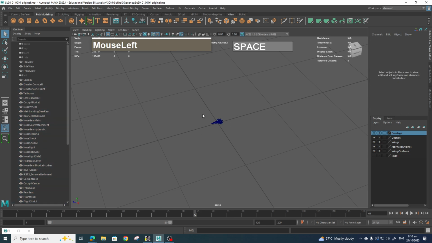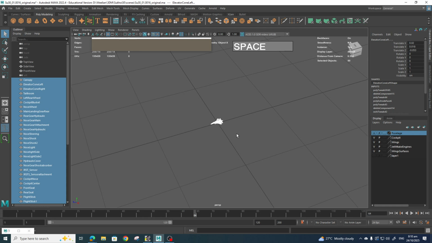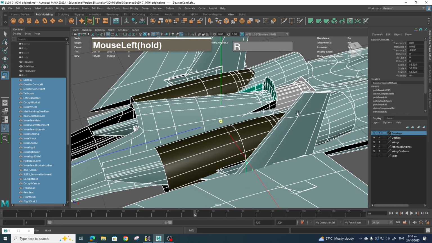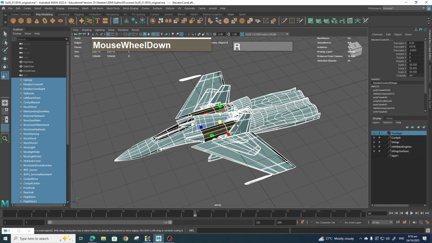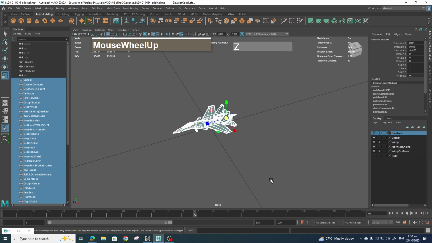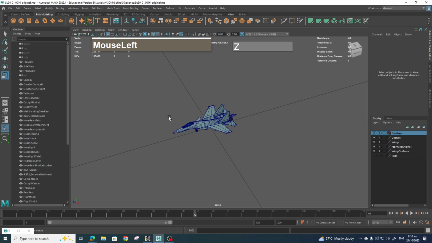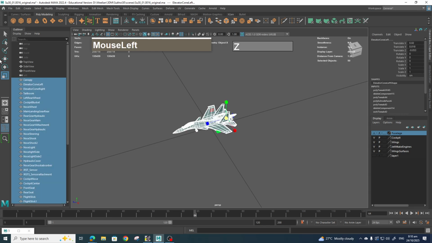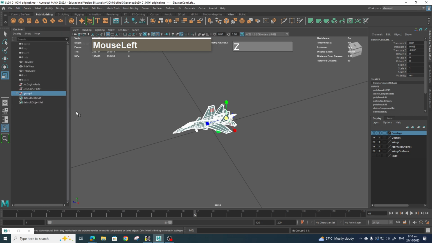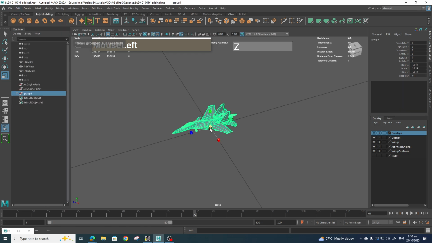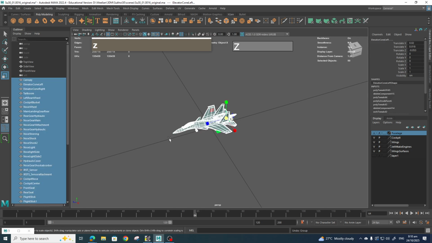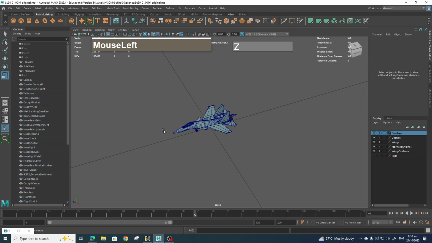But if we try to select all the parts here and we press R to scale, what's going to happen is that all the pieces are going to scale into one another because all the parts have their own center pivot point. So let me undo that. Press that to undo. So what we need to do is, there are a couple of ways. You can group them. You can use the group, edit group, and then you can scale the group, and then everything will scale together. That's one way. Another way, let me just undo that. Another way is to parent it in to